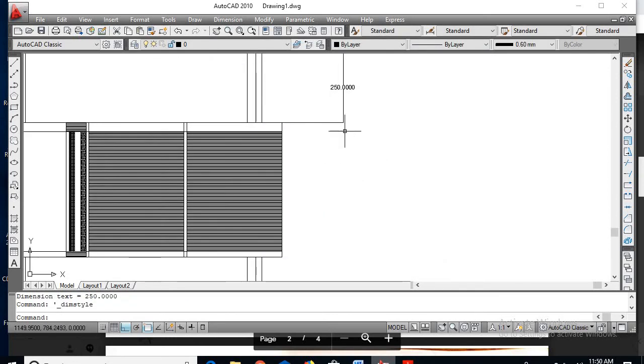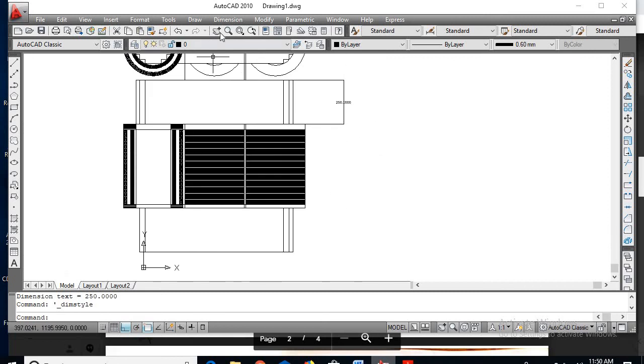So it is showing 250 mm. Next, core height dimension linear, so from here to here, this is the core height, it must be 480 mm. Next, bottom of the yoke, it is 250 mm.